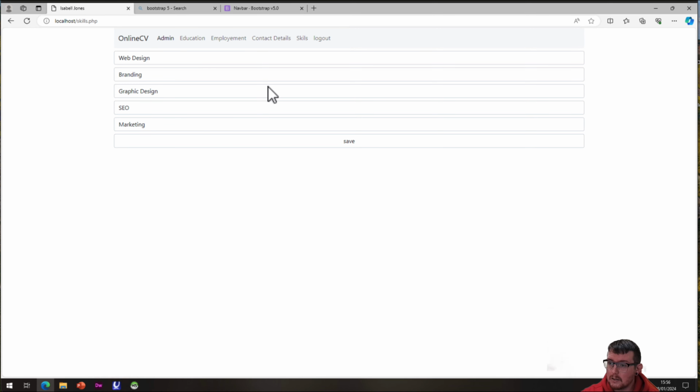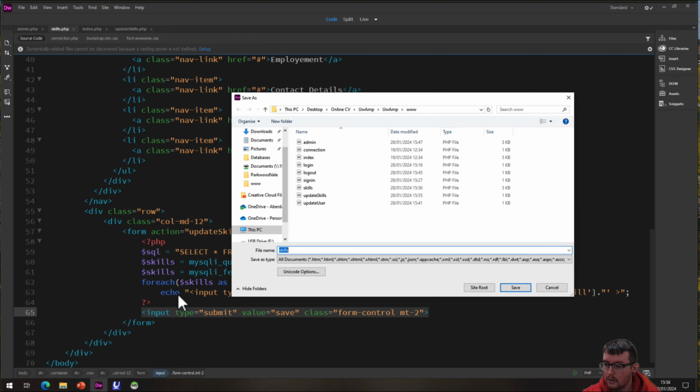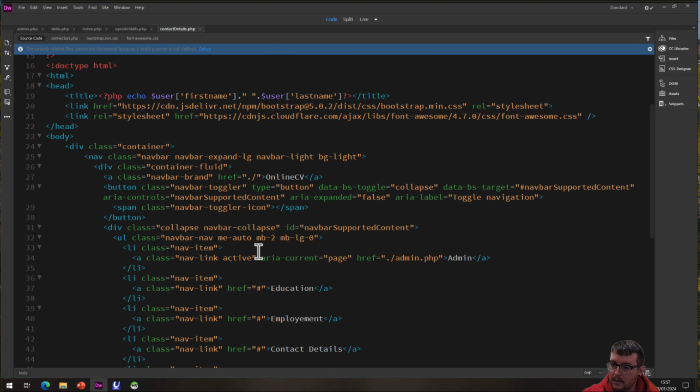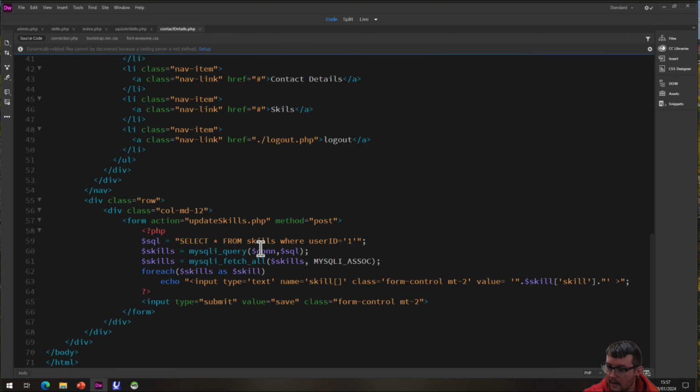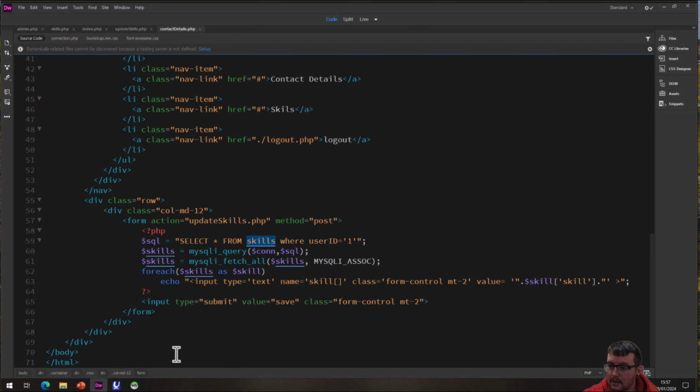We're going to leave that as it is. And that same principle, that same effect, that same job will work with everything else in our database. So I've got skills and update skills. I'm going to change this to contact details and save that as contact details.php. Now the difference here being, instead of saying that for everything from skills, I'm going to use the contact details table,